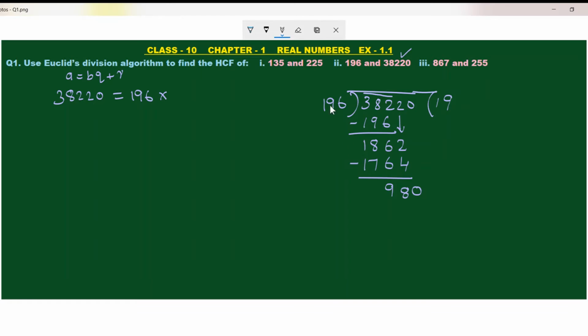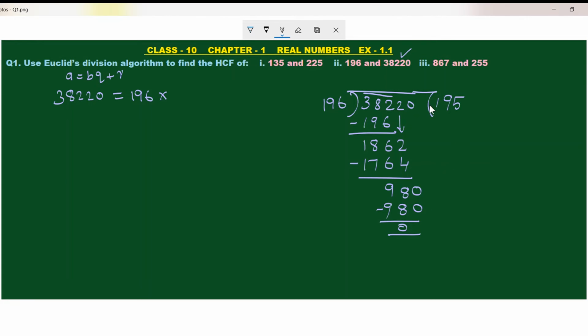Now this is also 3 digits and this is also 3 digits. So we can go with, here it is 6, so we can go with 5. Then only we will get the unit digit 0. 5 sixes are 30, and 3. 5 nines are 45 plus 3, 48. 5 ones are 5 plus 4, 9. See, in a single step we have got remainder 0.